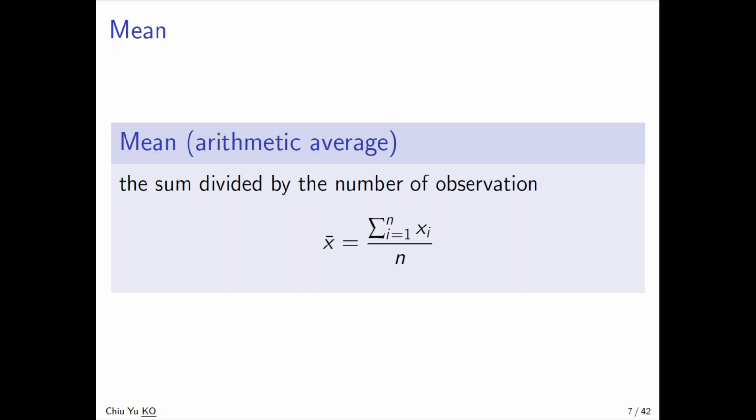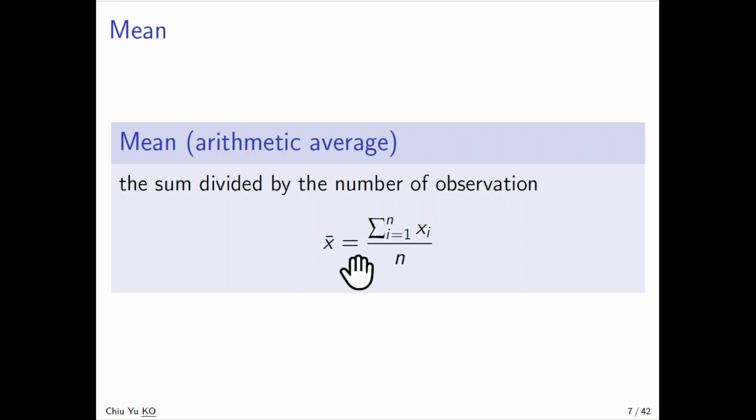Hi, let's get started with the mean. So mean usually we refer to the arithmetic average. So it's the sum of all the observations divided by the number of observations. So it's a fraction. So the notation will be, we denote the mean usually as x bar,